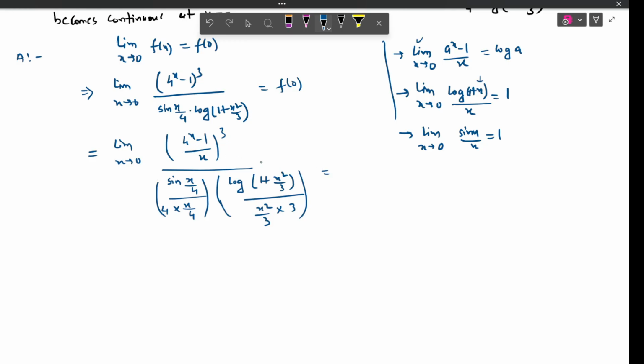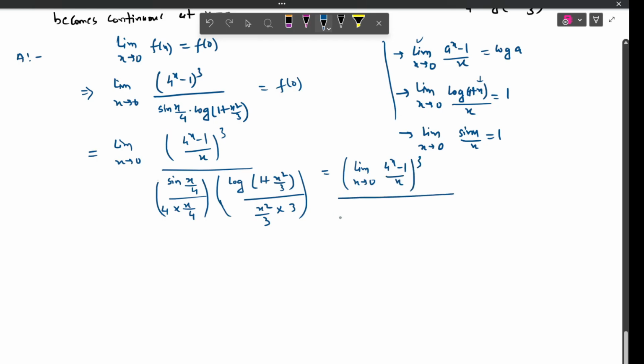So we can write it in this format. Limit x tends to 0, 4 to the power x minus 1 by x whole cube, and we have 1 by 4 extra, and here we have 1 by 3 extra, that means 1 by 12. So 1 by 12 into